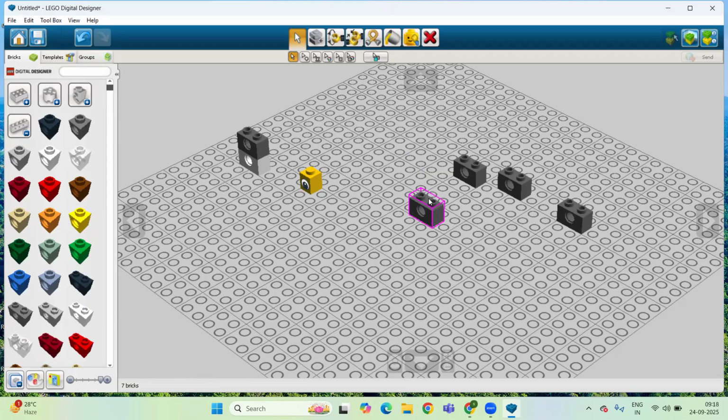So this is the main purpose of the clone tool, or I can say the copy and paste function. We can rename this tool the copy and paste function in LDD. And now,